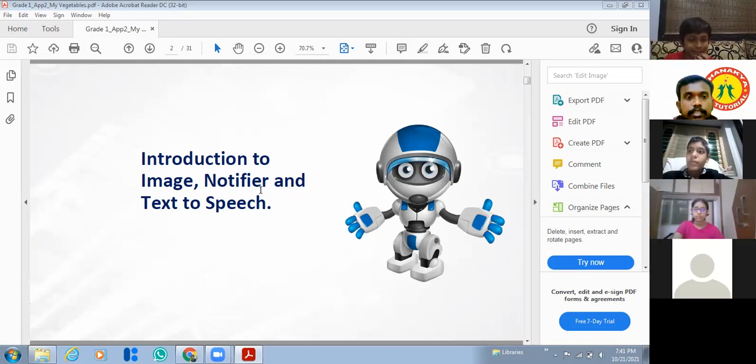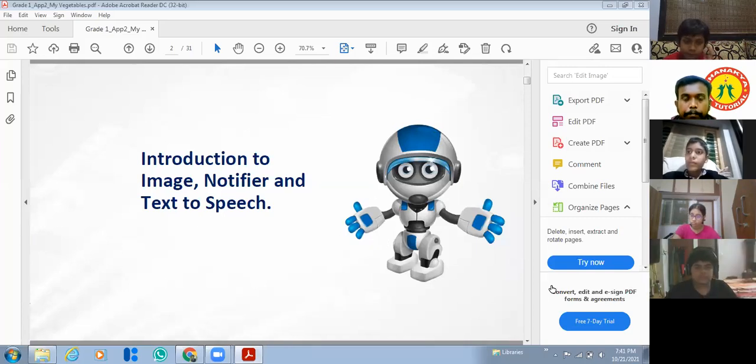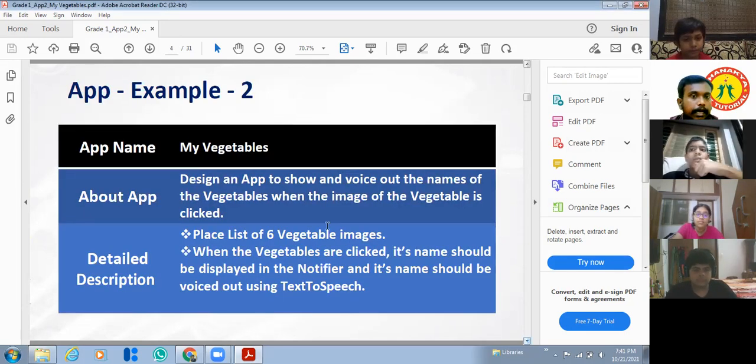So yes, students, we are going to see these three components: an image, notifier, and text to speech. First, the app we are going to develop today is My Vegetable app. It's a learning app for kids to learn about vegetable names, so it's a very basic app.